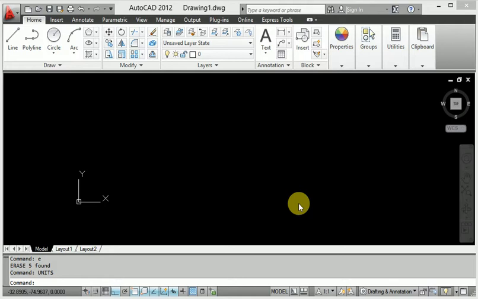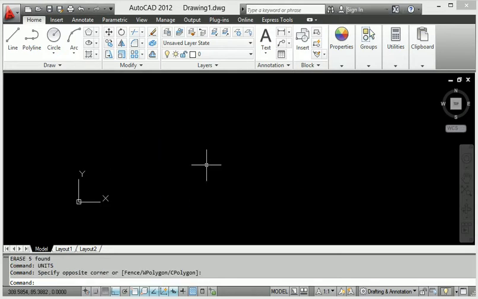When you start working on house planning, all your units are going to be foot and inch according to the design. For steel structural designing, a different unit is very suitable. So first of all, unit selection is very important. If you can't find where the unit setting is, you can directly write it in the command line.